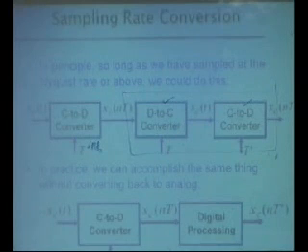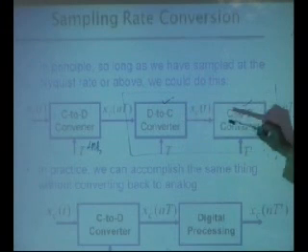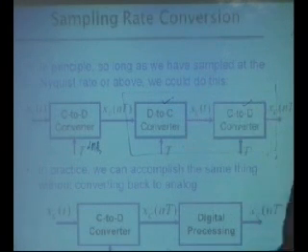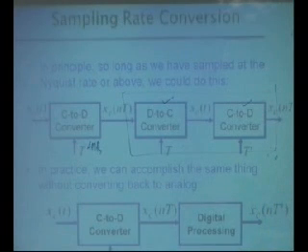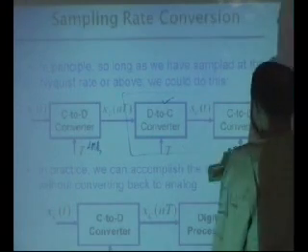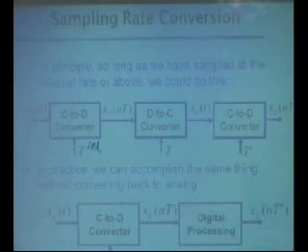This is the reason that you learn these techniques: to avoid putting these devices, you do this digitally. You still manage to reduce or increase the sampling rate by digital means. So this is the motivation of